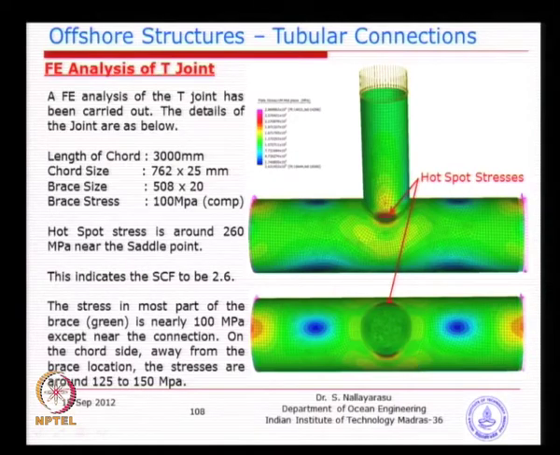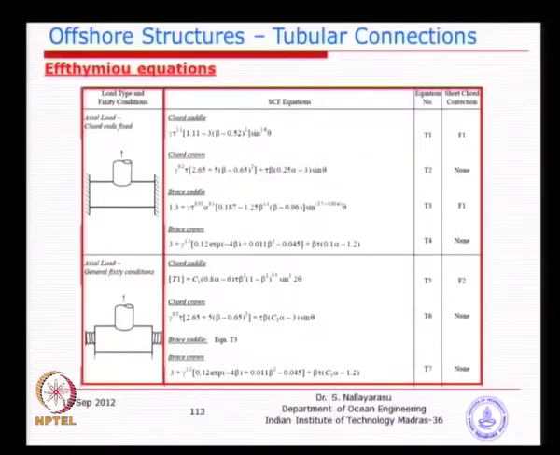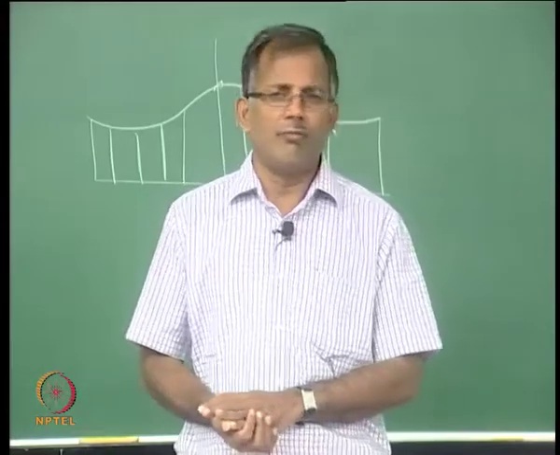So, that is what has happened over the years. More and more studies have been done and differentiation has been taking place. That is the idea behind why we do not want to use those old equations, which look very easy to use but do not reflect the real picture. That is why many more researchers have been involved in SCF calculations, experiments and FE analysis, and finally came up with this. So, this is one of the equations now after a very long deliberation.